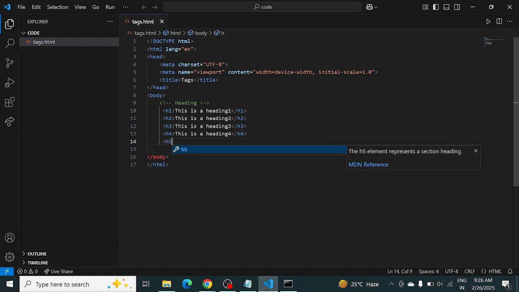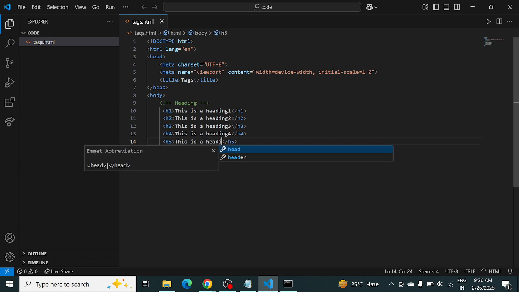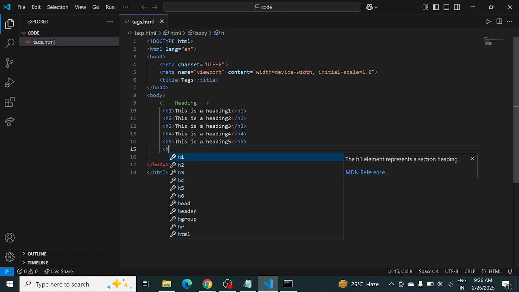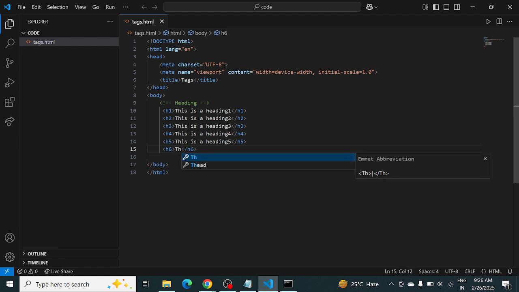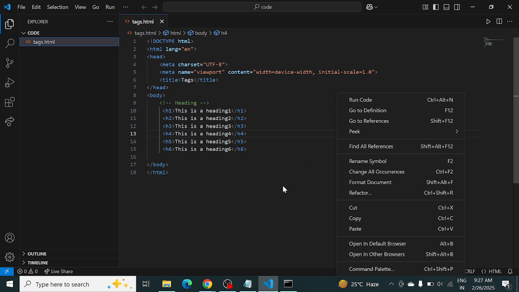So here H5. This is a heading 5. So this will be the heading 5 tag. The size will be indicated as small. H6. And here this is a heading 6. Okay, so we will see, once you have executed that one, go to your